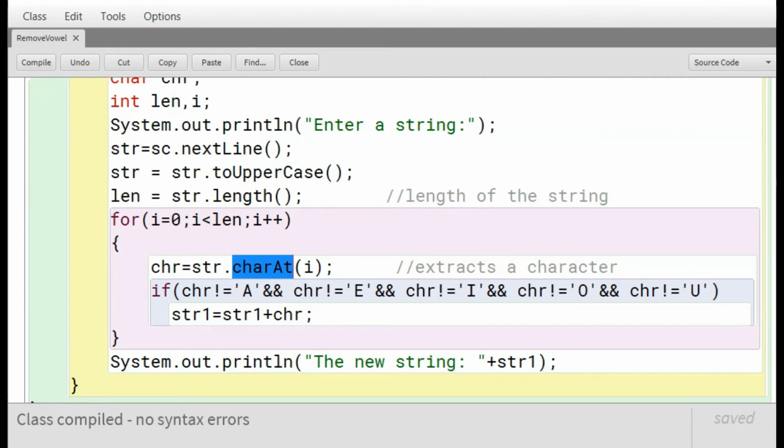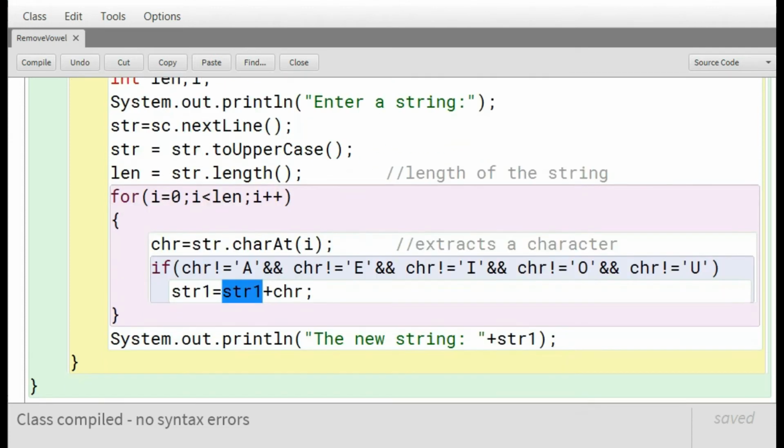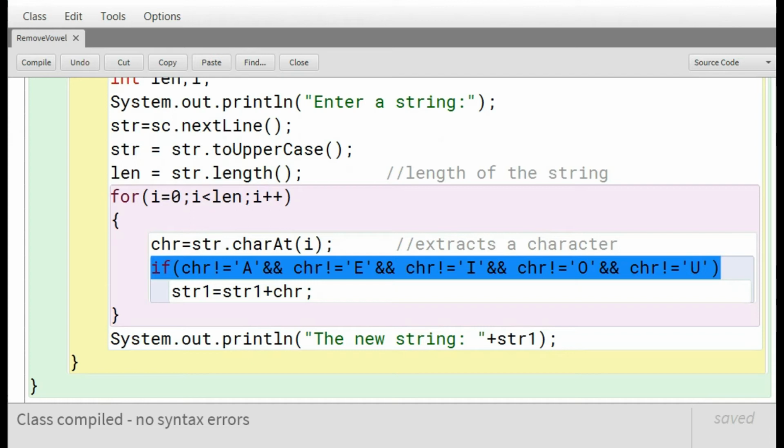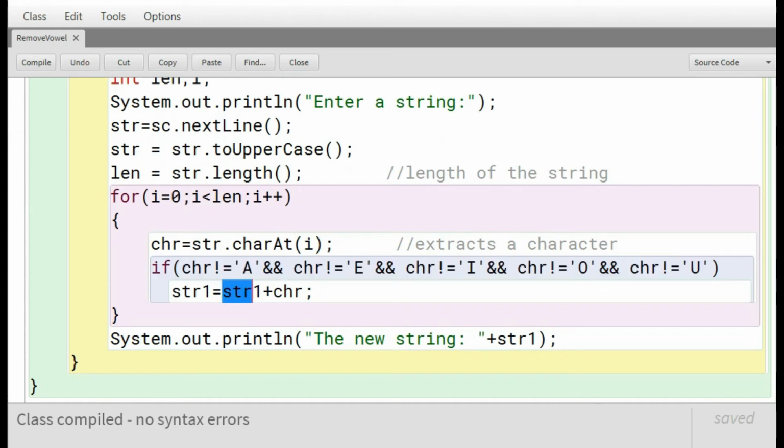If the character is not equal to a, e, i, o or u, then the character will get concatenated with another string that we have declared here, str1. Only if this condition is satisfied, then we are concatenating this character with another string.